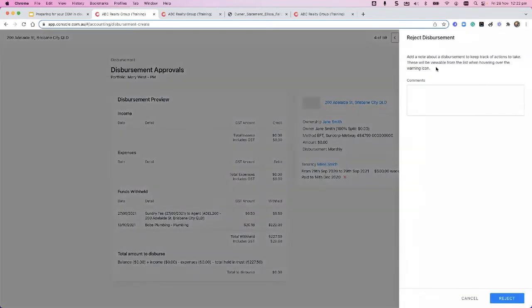What's this one? I might reject this one. It's not going to stop it from dispersing if I don't want it to, but I'm going to reject it so then I know. And just a note on that as well, PMs can access this as well if you turn it on in the users. So what I mean by that is your property managers can come in here and help the trust